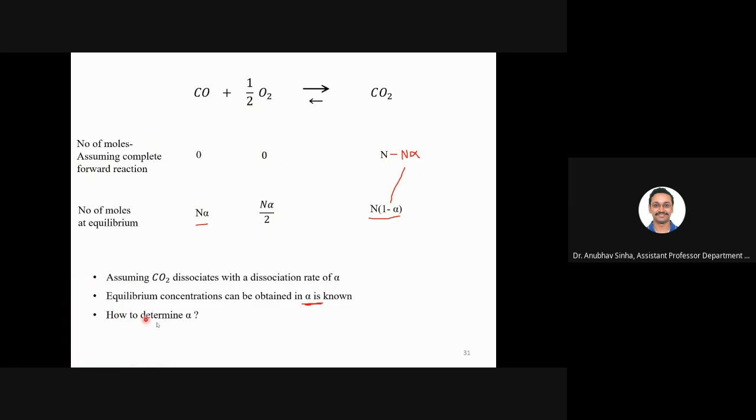So the next question is, how do we determine alpha, or what criteria can I use? Let us say I am not talking about combustion, I have any chemical equilibrium and I want to find the equilibrium concentration of the species. What is the most obvious tool from a thermodynamics point of view? What law can you use to determine equilibrium composition? Any guess?